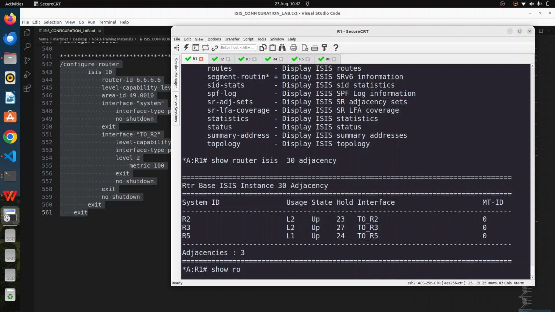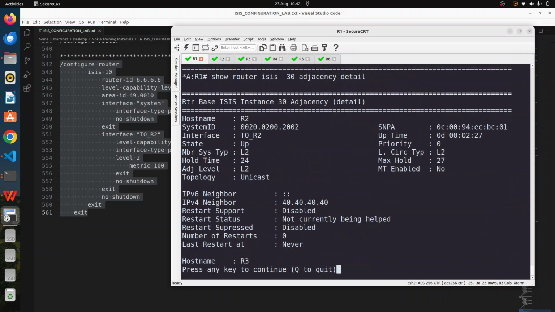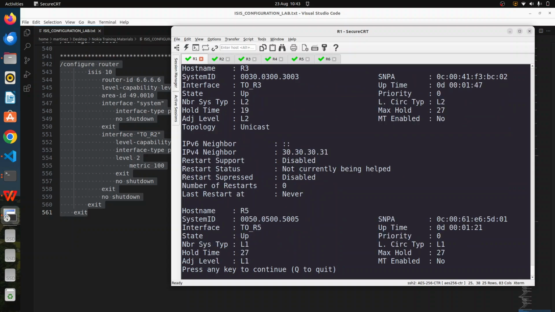We can show router ISIS process 30 adjacency detail. This one gives you more details. You can see that it shows you the uptime for these ISIS. So if there is any issue on the protocol level, you can be able to tell when there is a flap using this command. From the uptime, you can see how long it has been up. And then we have the system ID generated from loopback 0. Then we have the hold time, the topology, and many other details that you can see when you use the